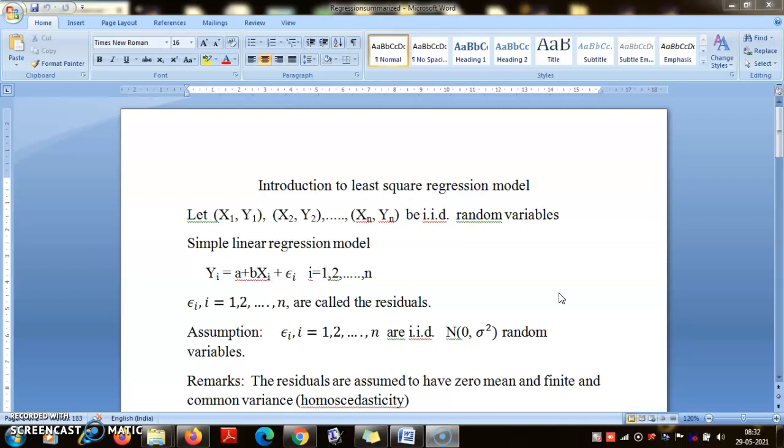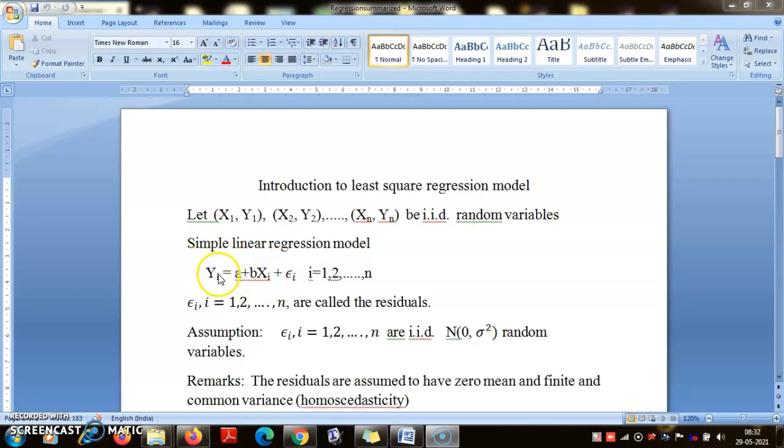Now why a straight line? That is because this is the simplest graph that you can imagine. Of course, you can also fit higher order polynomials, then that would lead to non-linear regression. So the term linear comes from the fact that here we are fitting a straight line a plus bx. Now obviously a plus bxi will definitely not be equal to yi exactly. This is just an estimate of the possible value of y.